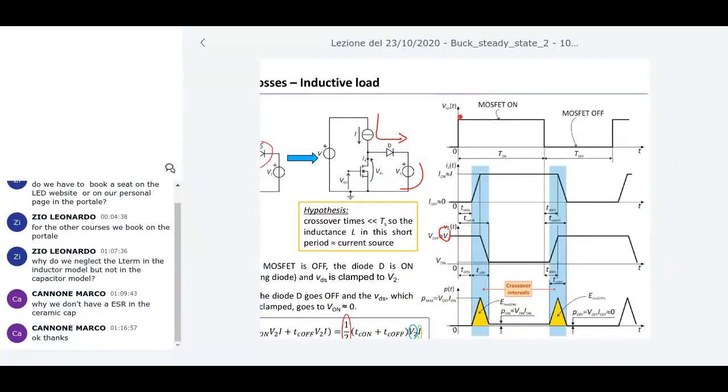Then what happens when I have VGS, which is higher? Of course, we have a delay time, in which you have to charge the capacitance, etc. Eventually comes the situation in which the VGS is higher than the threshold voltage, and what happens is that the MOSFET starts to conduct. Start to conduct means that the current increases. The current starts to increase. What happens to the diode in that specific situation? But the current in the diode, which is this one,